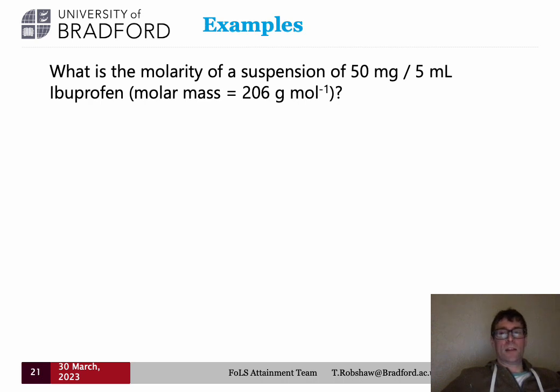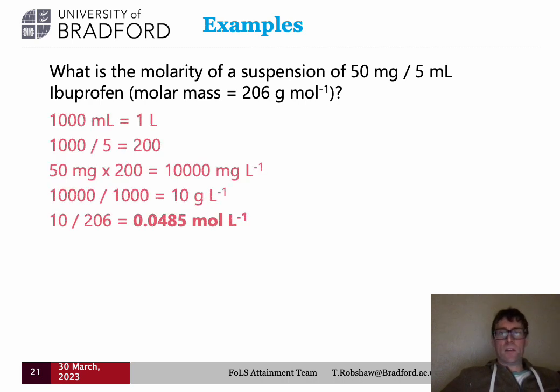So what you have to think is that if there are 50 milligrams in 5 millilitres, how many would there be in a litre? That's your starting point. So there are 1,000 millilitres in a litre. 1,000 divided by 5 gives you 200. So we have to multiply our 50 milligrams by 200, which brings us to 10,000 milligrams of ibuprofen per litre